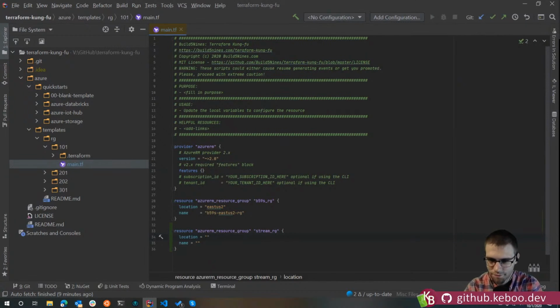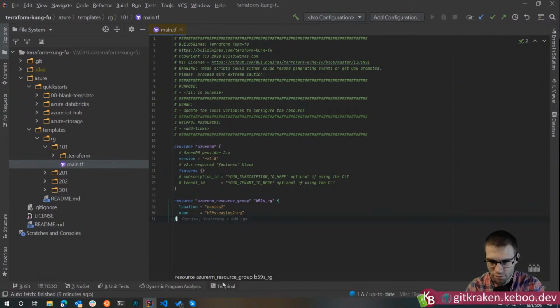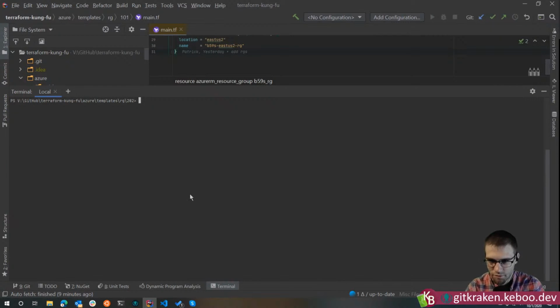So, gotcha, that's the tool, and you're used to this sort of thing with IntelliSense for any of these kinds of IDEs. Yep. But anyway, obviously we don't need that. So this was just a really basic thing. And then obviously to run this, we need to do a Terraform init.